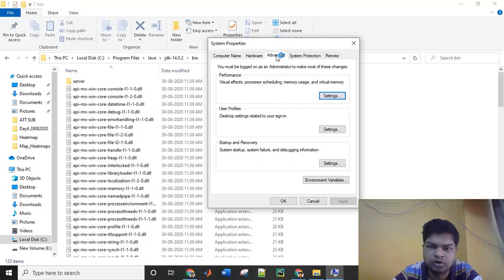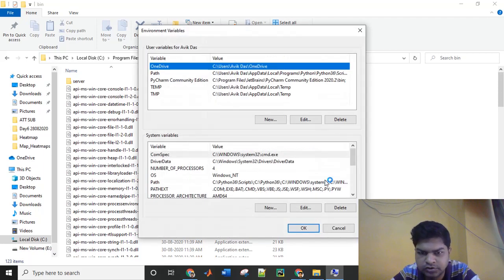If it is not open, that depends on how you are opening this window. If you have followed the proper way, then it will open in this advanced menu by default. Then select this environment variables.